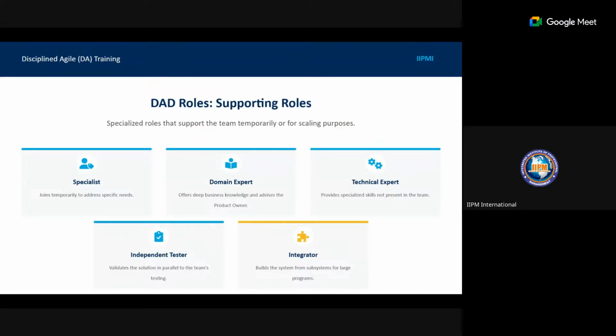Now, you have the supporting roles also, the Disciplined Agile supporting roles. You have the specialists, domain experts, technical experts, independent testers, and integrators. Your specialists, if you remember in project management, sorry, I'm referring back to project management, there is what we call expert judgment.